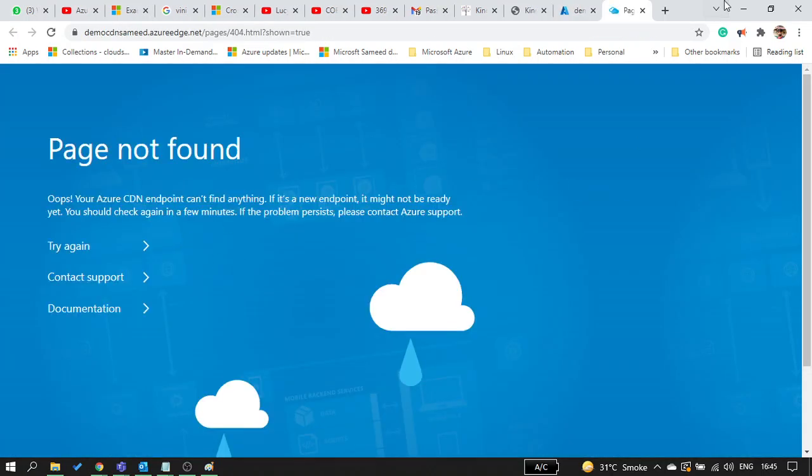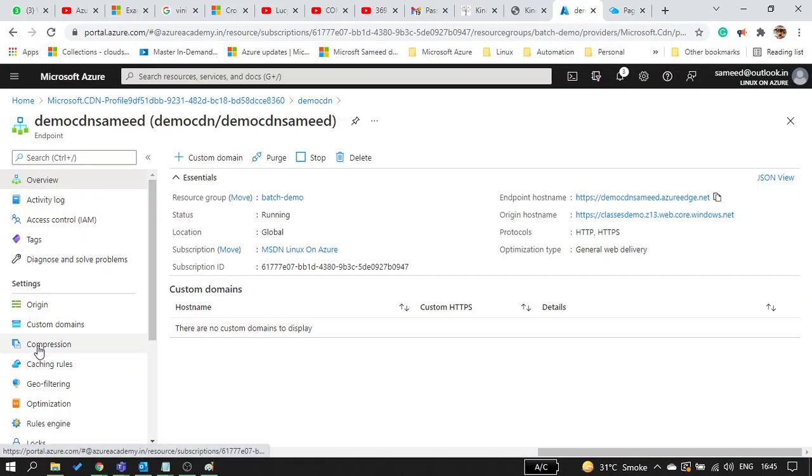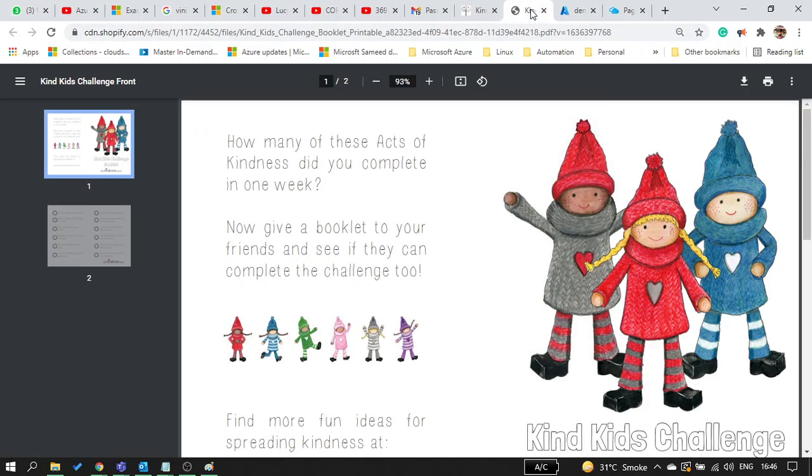Still not replicated. Alright, something might be missing. Cannot find the endpoints. Or it's a new endpoint. It may be ready. Not yet. So it is not ready yet. It will take a few minutes to replicate. Okay, guys. I think that's it, what I needed to cover on the storage account,